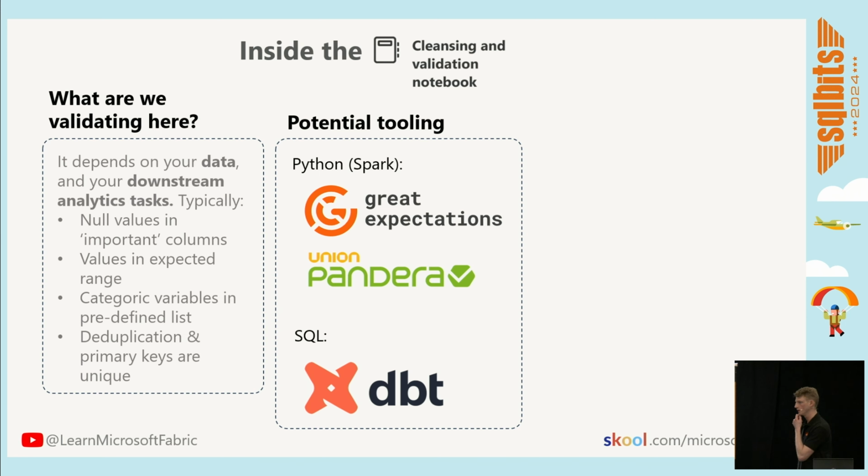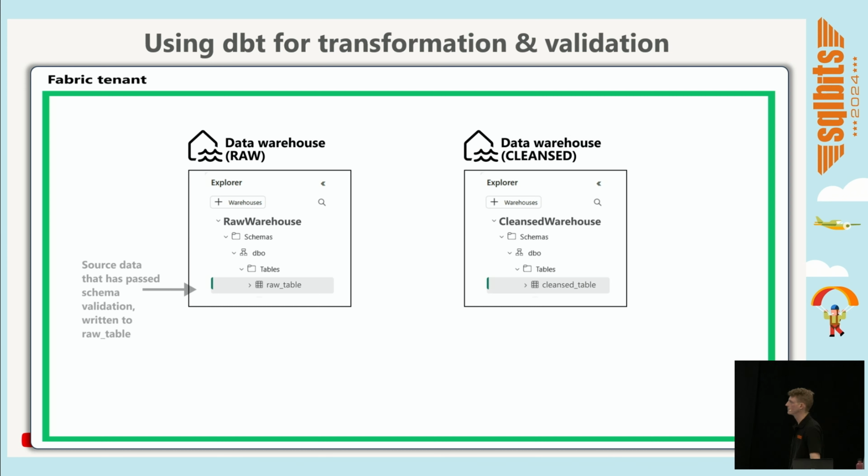Awesome. So DBT is a third-party tool, but it integrates pretty well into Fabric. And we can use it predominantly for data transformations using SQL. So it's kind of that T in ELT. But along with that, we can also define validation checks that we can do as it's passing through DBT. So if we just look at this example,